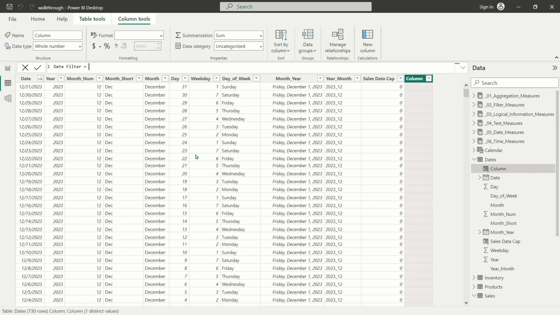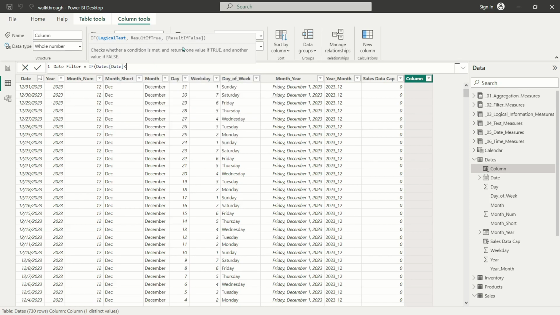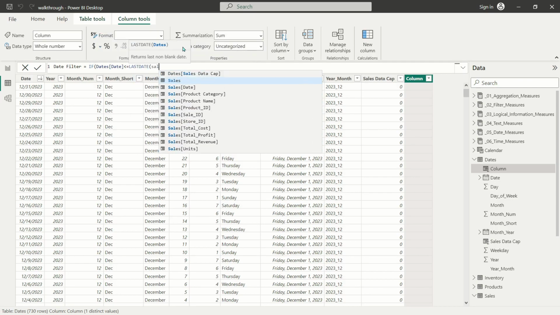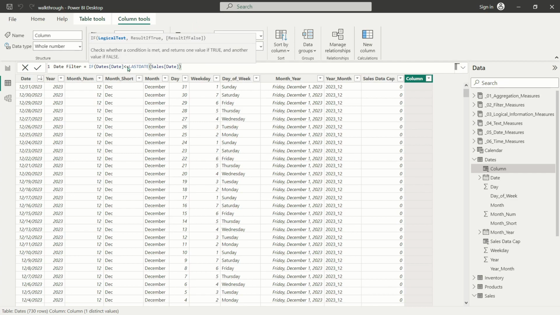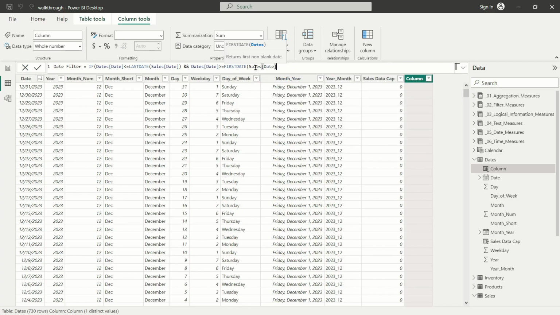The logic for this new column is basically going to be an if statement saying, if the given date that I'm evaluating in this table is less than or equal to the last date in my sales table, so in other words, September 30th, 2023, and for this I'm going to use a shortcut of the double ampersand, and if the date is greater than or equal to the first date in my sales fact table, then give that a 1,